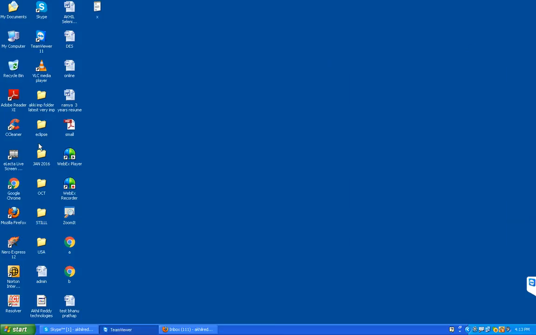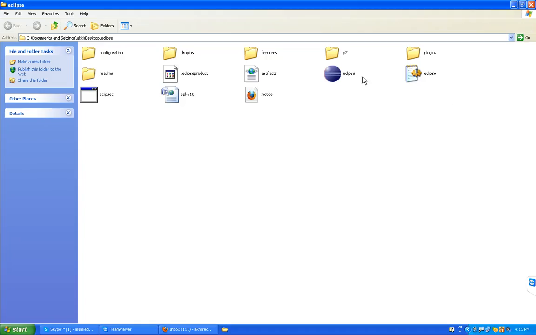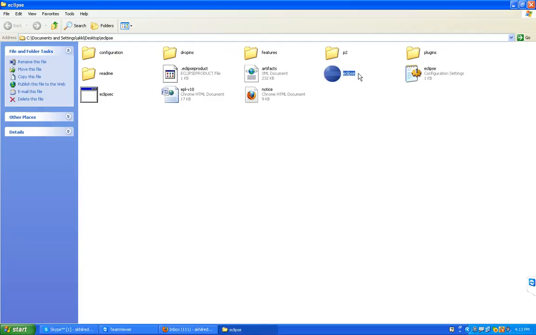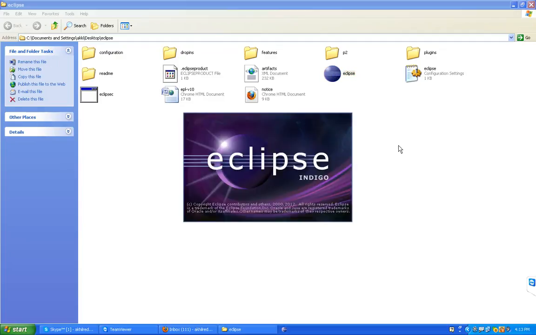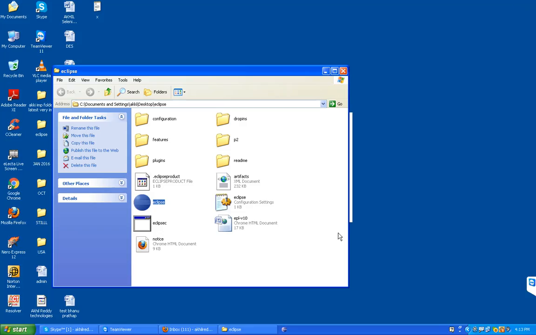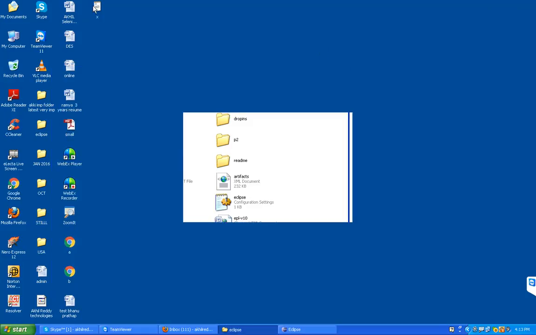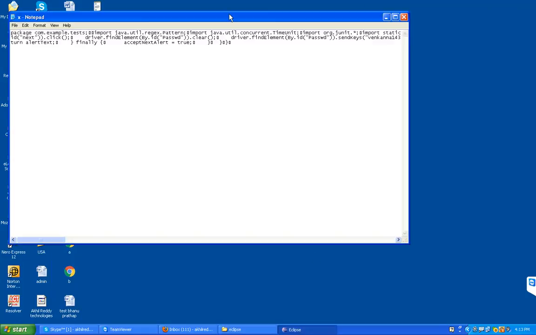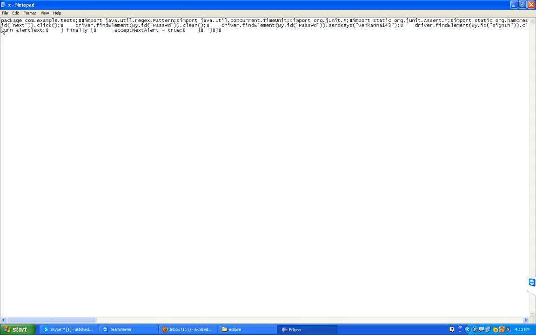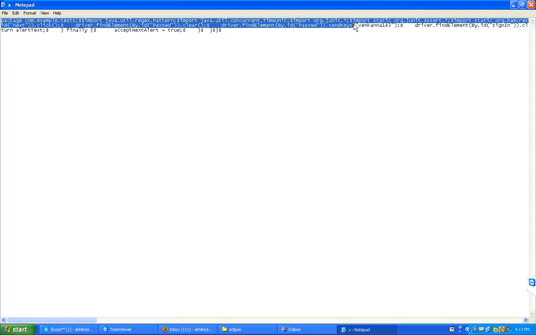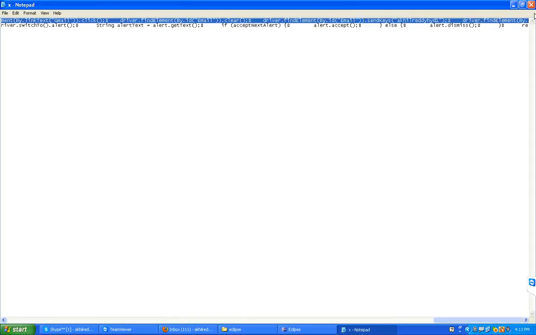Go to Eclipse. If you want to see the script, you can see it. This is a flat file. It doesn't have any predefined format.